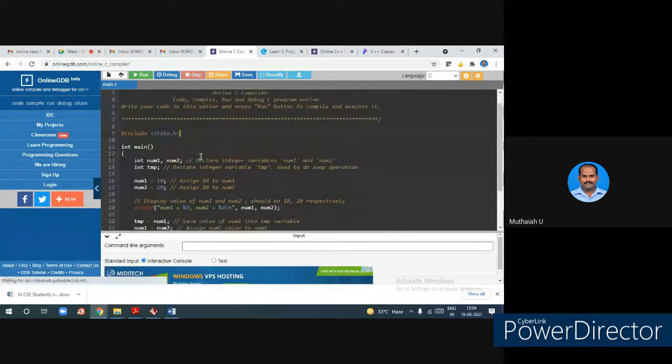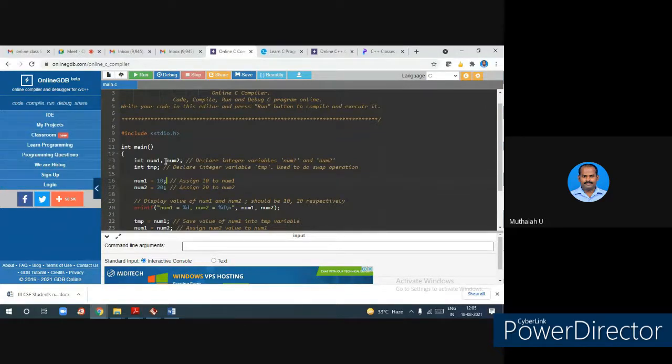So for example, swap, you start with a function, the main function. Here the return type is int. Void main also you can write. If you write int, it means the return value will be an integer value only, 0 or 1 or some value will be returned, right? So in this online compiler you have to write with the return value only, then only it will work. And here you see, I declare these two variables, totally three variables I declare, for the swapping. Already you know the logic also.